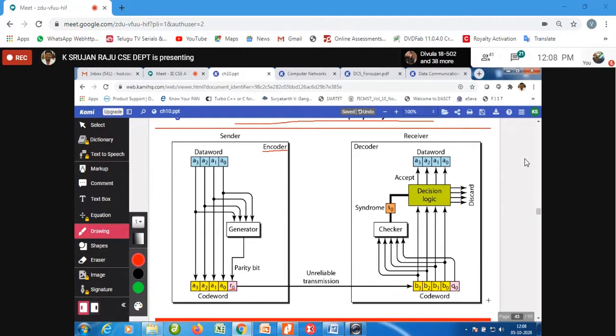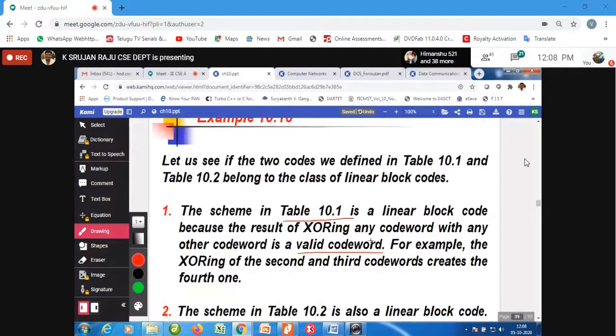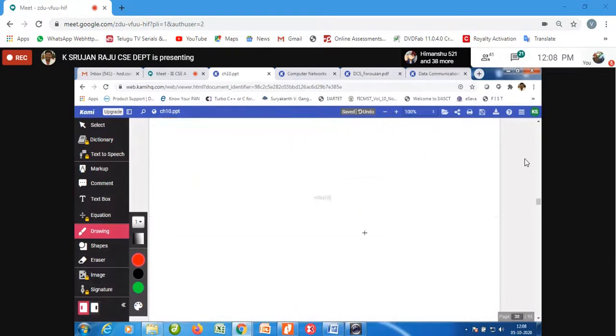Then at the receiver end, I again need a checker function, isn't it? So here it is a generator function, and here it is a checker function, as we have seen in the block coding model which I have shown to you.